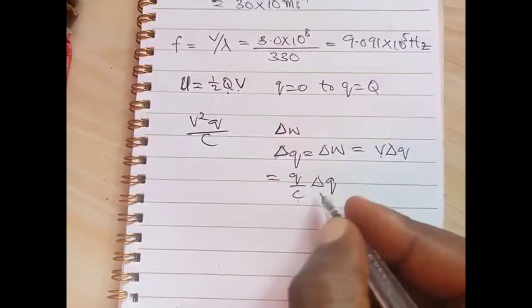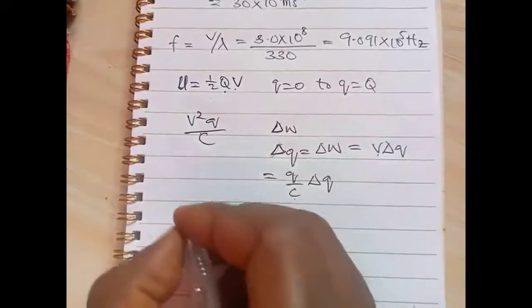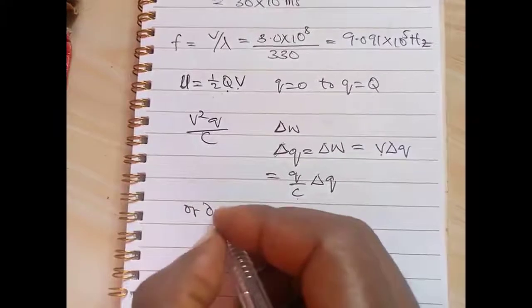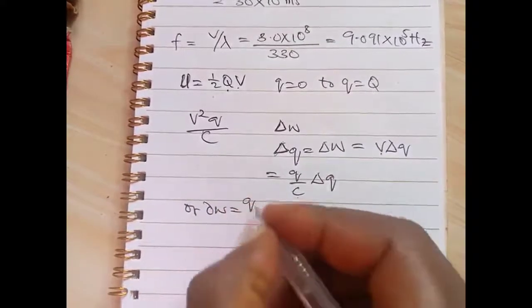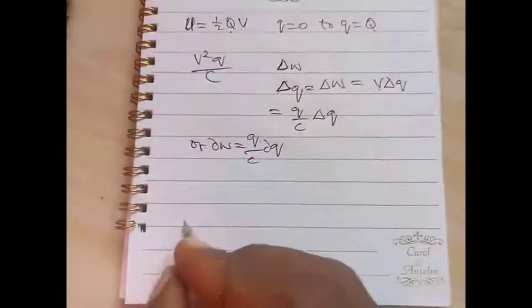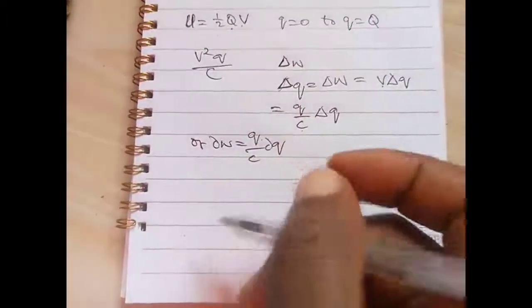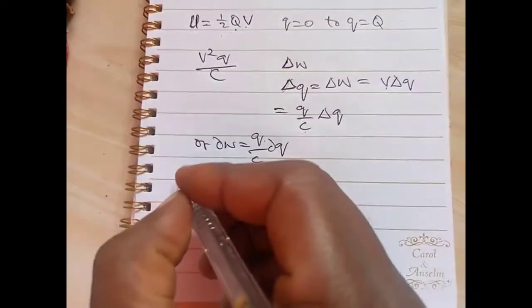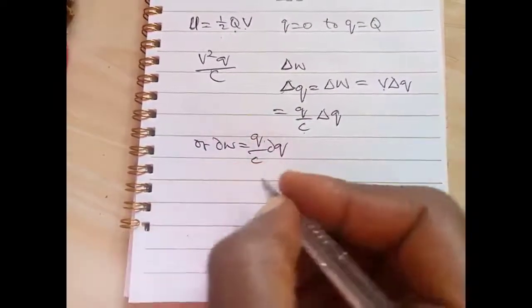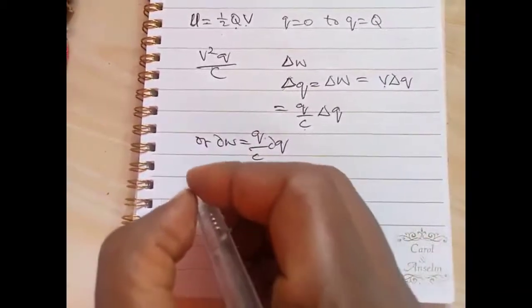If we don't want to write delta, we can say sigma W is equal to Q over C sigma Q. So total work done to charge from small q equals 0 to capital Q